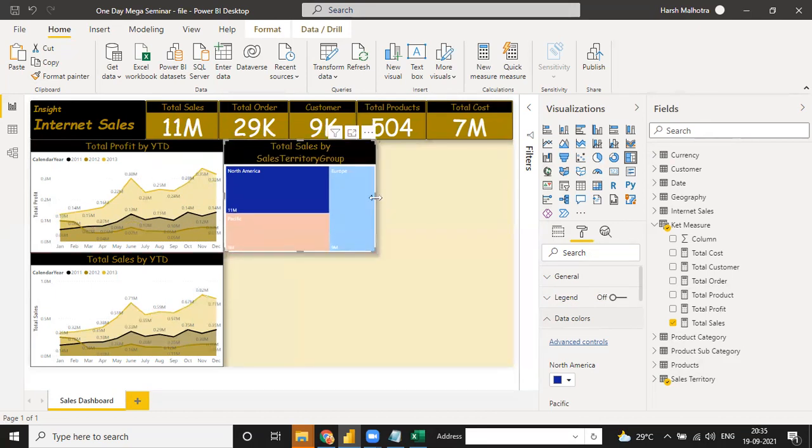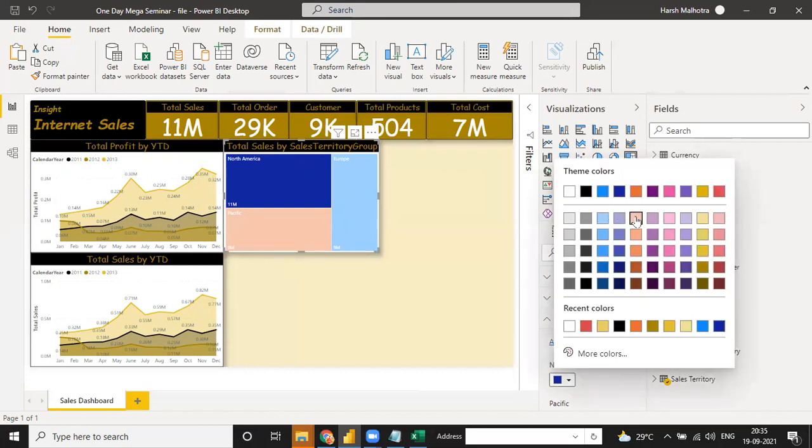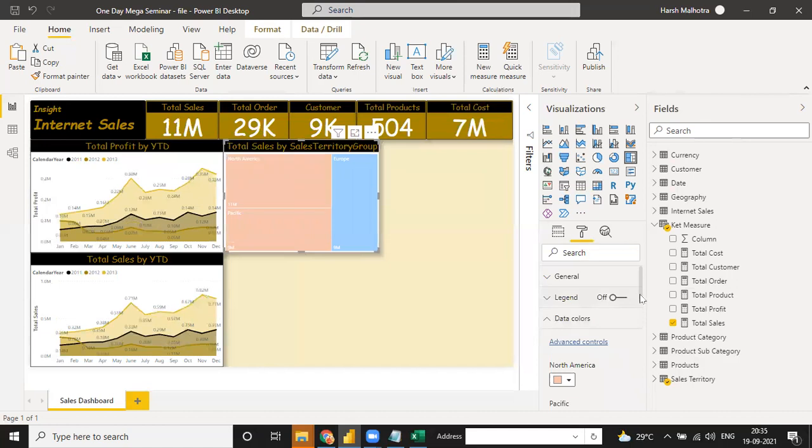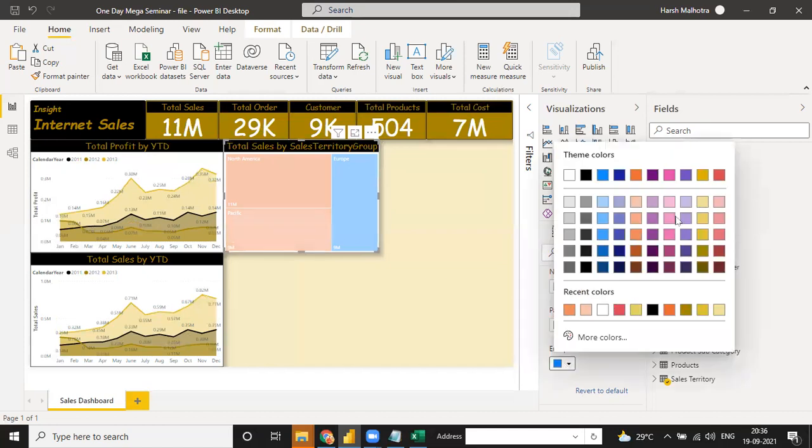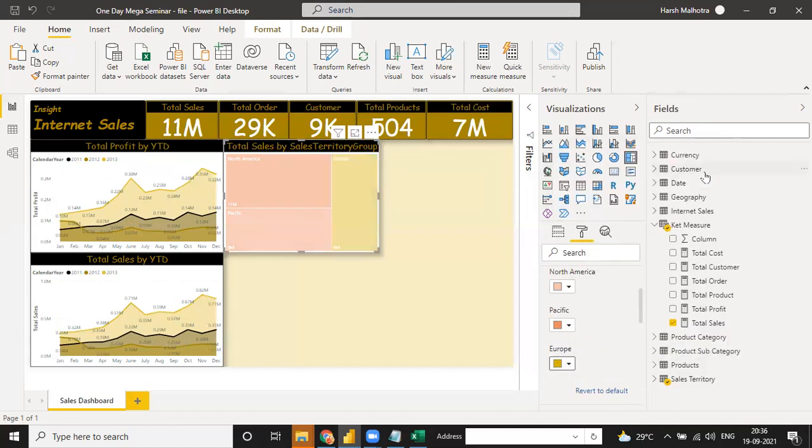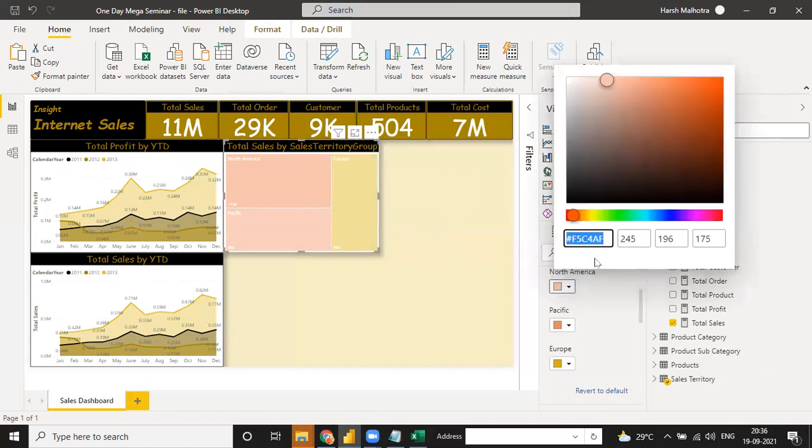Change the size from here, Europe, data color. Either you can choose a light color. More color.